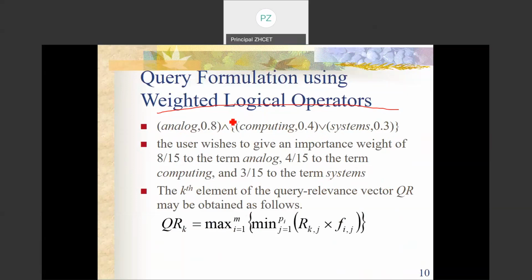So the user can assign weights. The kth element of the query relevance vector QR may be obtained as follows, right? Max and min. Why max and min? Because I'm doing the fuzzy ANDing and ORing. And then before I do the AND or whatever the case may be, I'll